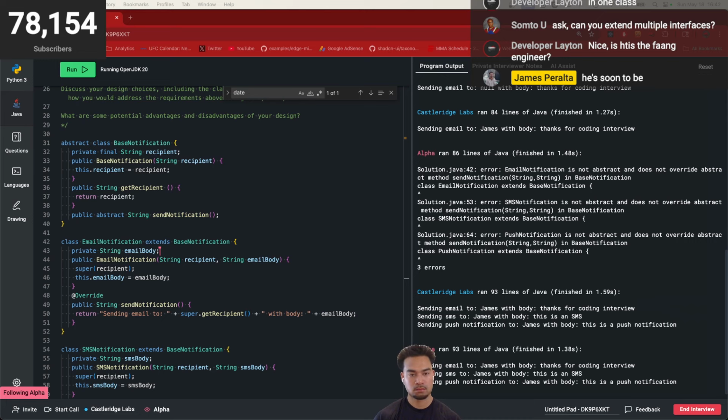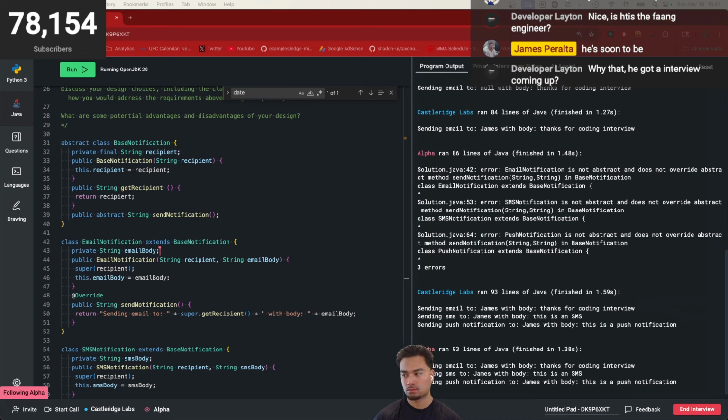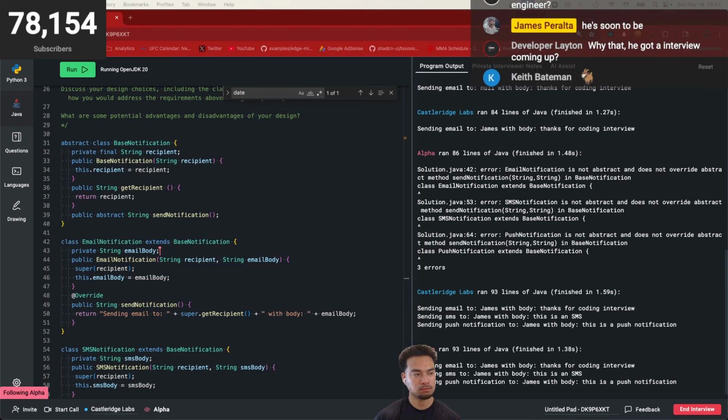So static functions can be called without making an instance of the class. You would just say email notification dot whatever that static thing is. You can call it. So it's basically shared. It belongs to the class, not to any instance of it. So you can call it without actually instantiating an object. Yeah. Okay. So what are some of the limitations of a static function? Pretend I create a static. If this was static,